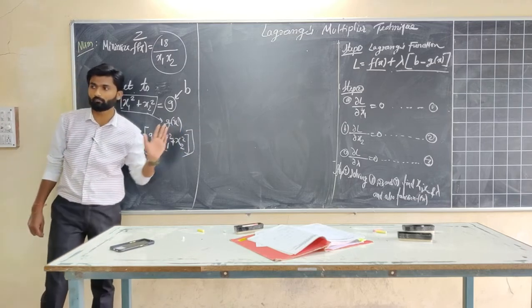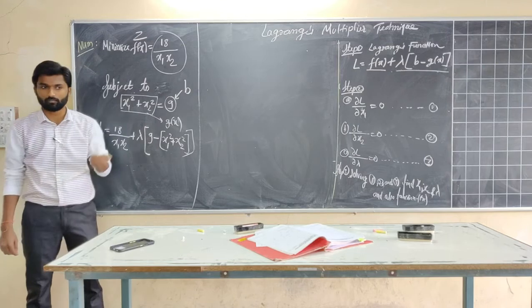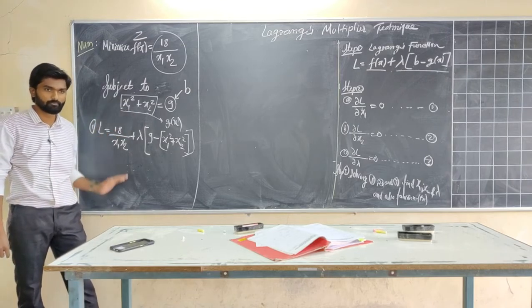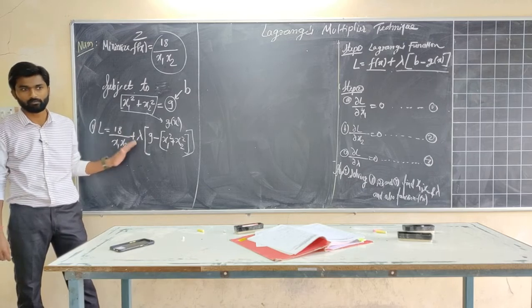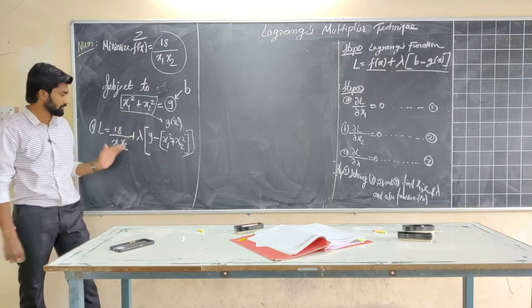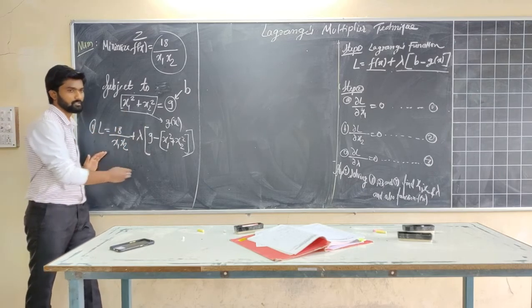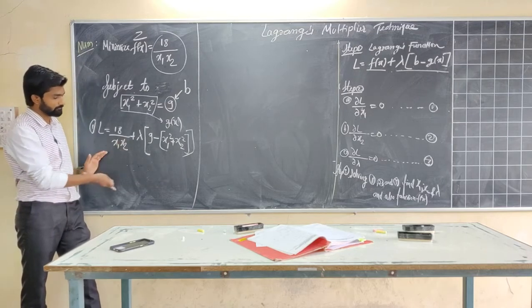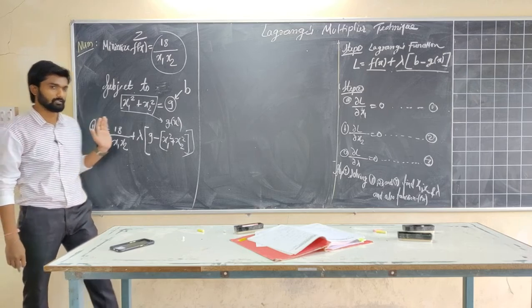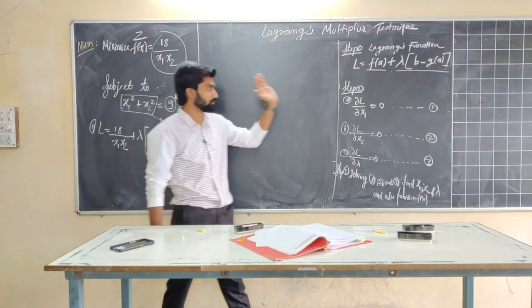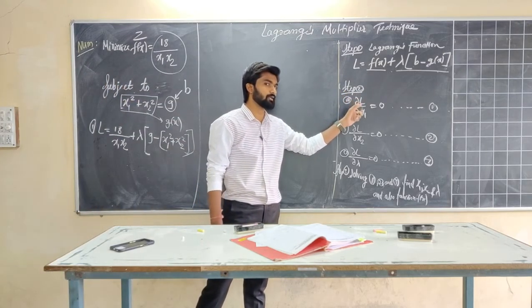So this all are what? Mathematical calculations. If I want, we can go with its simplifications, but I want this to be done from your end. Right? I'll just be letting you know the steps. So you'll be getting L from this. A simplified L will be getting after doing the further simplifications. Right? Now once you get L, what you have to do with this L? That is shown in this step number 2. You have to equate that L.